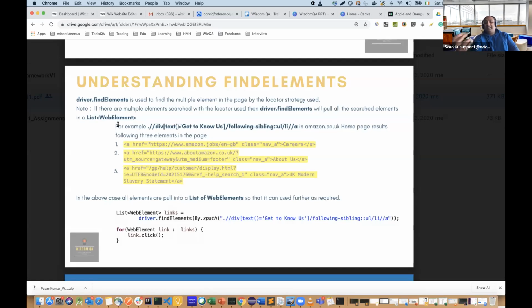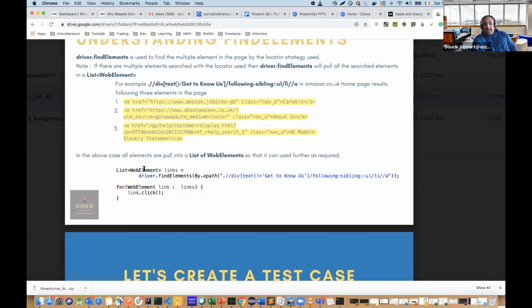You have to say what type of element you want to feed in to the list, and that's a web element, obviously. And then each and every web element will be fed in to the list, right? So I think, yeah, that's it. And then you see here, I have got the list of elements out of it, and then I am running a for each loop where I'm looping through all the links that